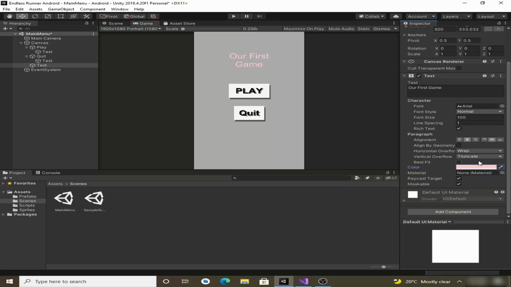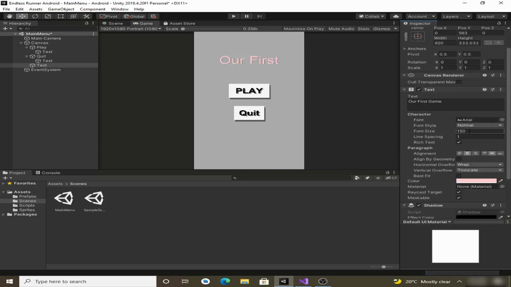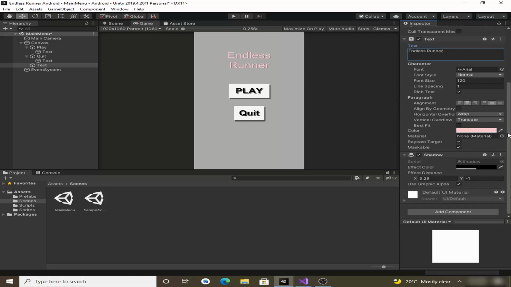Then we can also give it a shadow like this. You can also increase the font size. Okay, let's name it Endless Runner. Okay, that is good. Now that we have created the main UI of our main menu, we can save